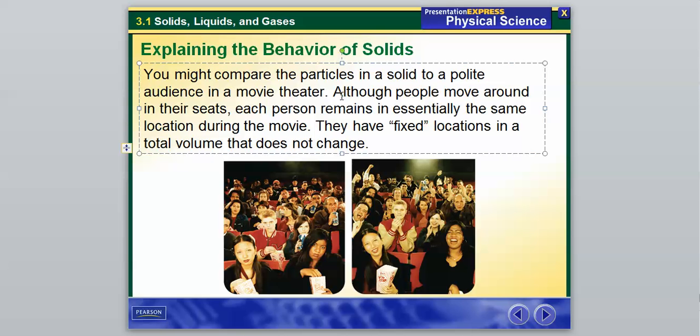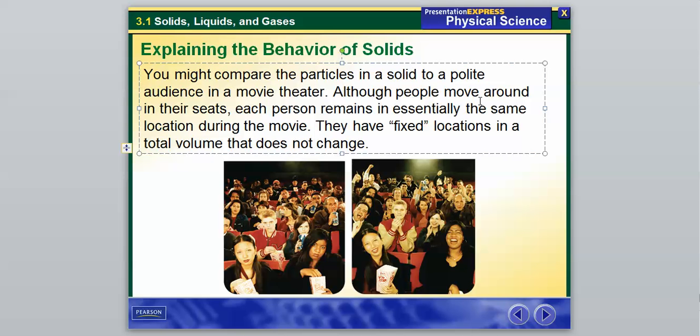My example is, sometimes I put my feet up on the seat in front of me, sometimes I stretch my legs, sometimes I put my legs underneath, sometimes I shift a little bit. So I am moving in my own seat. Sometimes I reach for popcorn, sometimes I reach for my drink. So I'm not necessarily staying in my exact same spot the entire time. I'm moving a little bit. However, I have a fixed location